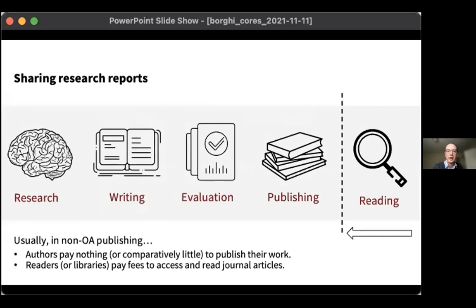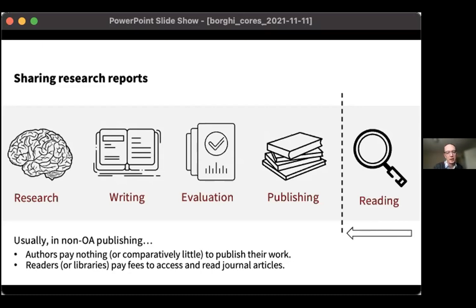So this is how things look now, or this is the traditional model of scholarly publishing, where researchers do their research, they write up something, it gets sent to a publisher who coordinates its evaluation through peer review, and then they publish it, and then folks read it. And in the historical model of this that has existed for a century or more, a couple of centuries,